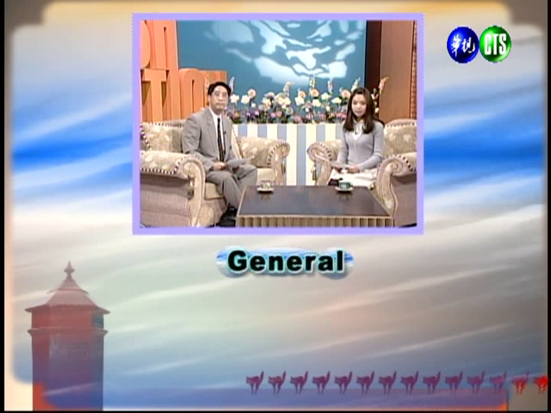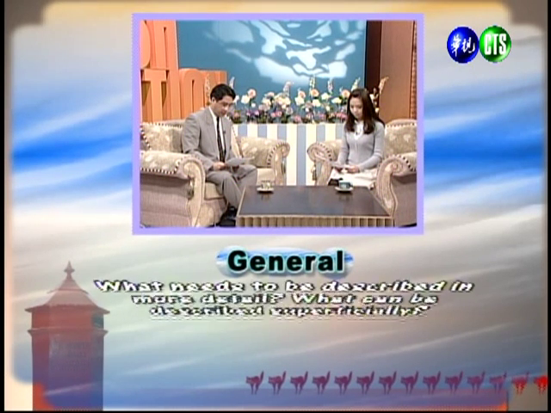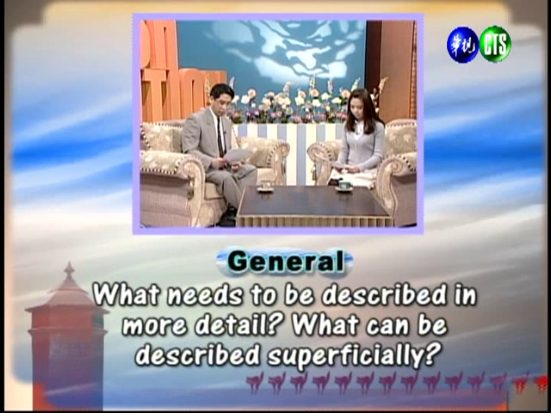Finally, if there's anything else that you observed, you can put down some general ideas. 好，如果在过程中你有发现任何事情，你可以把它写下来。So you can answer these questions. What needs to be described in more detail, and what can be described superficially? 你可以回答以下这个问题：有哪些事件是需要进一步描述的？又有哪些部分只需要一笔带过就可以呢？All right, so now let's go and watch a video about this suspicious activity. 好，我们接下来看这段影片。